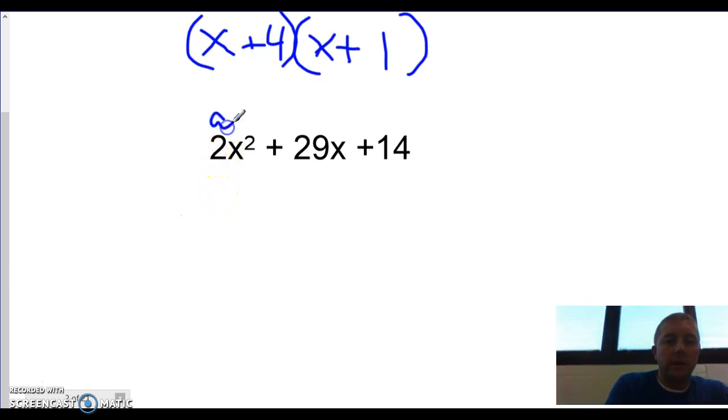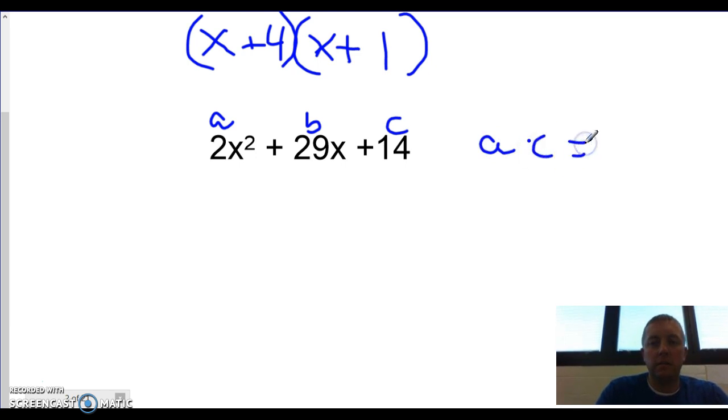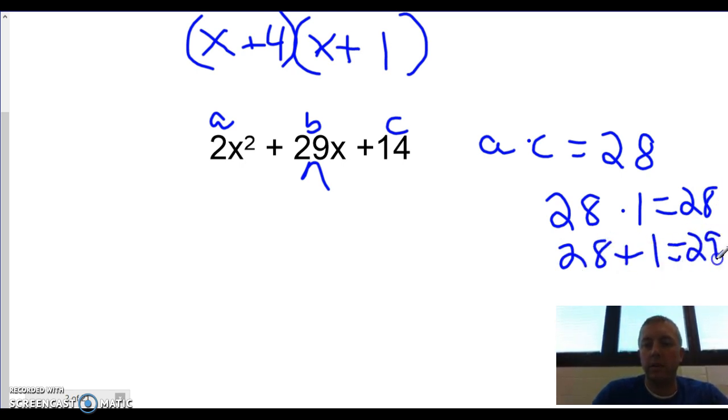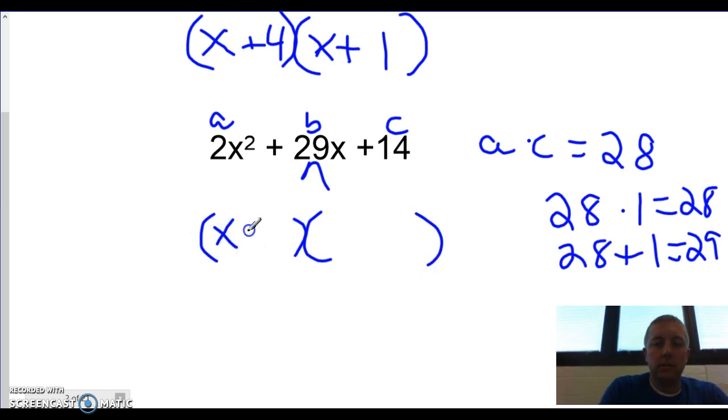When the a value is greater than 1, we have to first multiply the a times the c value. In this case, that is 2 times the 14, so that's 28. Then we have to determine which factors of 28 add up to give us our b value. Okay, in this case, 28 times 1 equals 28, as well as 28 plus 1 is our b value of 29. Okay, so what you want to do using the shortcut method, just write it as x plus 28